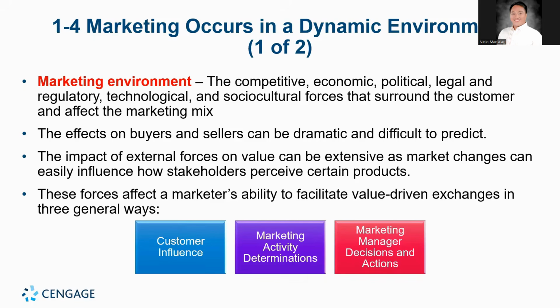The product that was valuable before may become less attractive if customer needs, trends, and market conditions change. For example, a traditional store may lose customers if buyers begin preferring online shopping because of convenience and faster transactions. Since these environmental forces influence how businesses create value, marketers must also understand how these factors affect their marketing